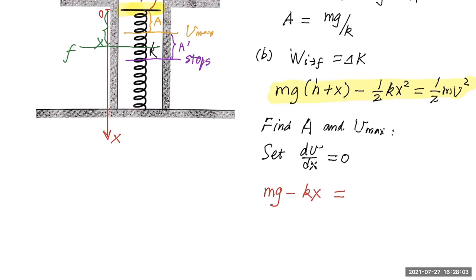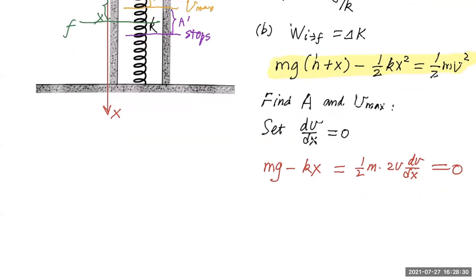And what is that equal to? d/dx of 1/2 mv squared. So you have 1/2 m, then you have 2v dv/dx, right? Chain rule. But wait a second, what is dv/dx? Isn't that equal to 0? Because we want to find the location where v is a maximum, so dv/dx is equal to 0. So that tells me that mg minus kx has to equal 0, and therefore, x equals